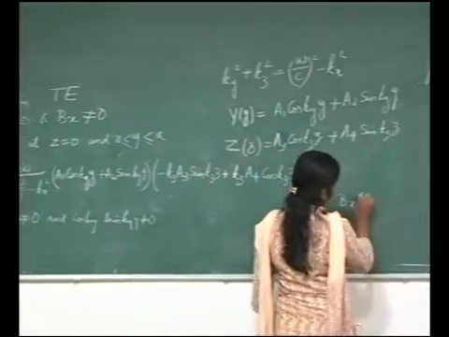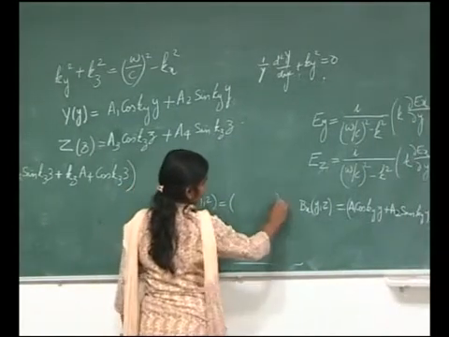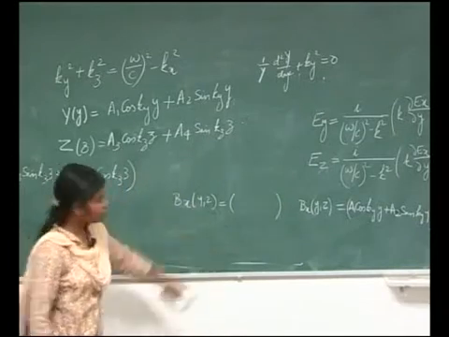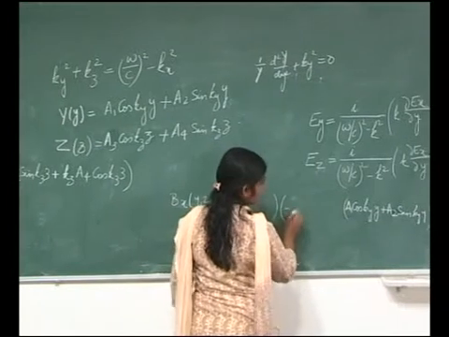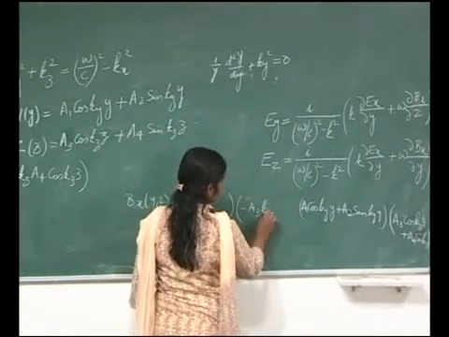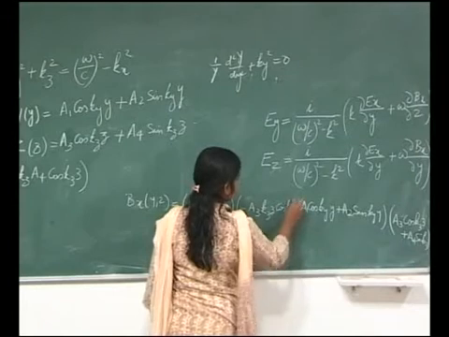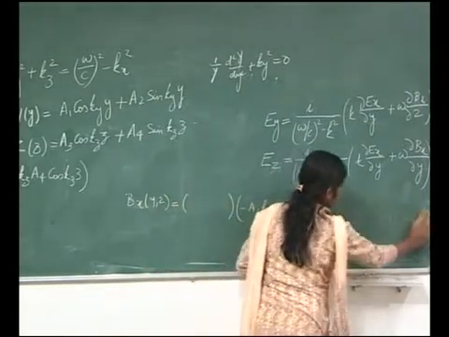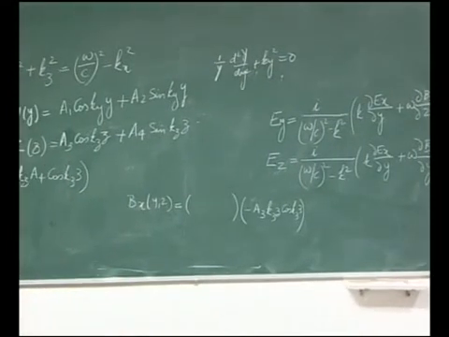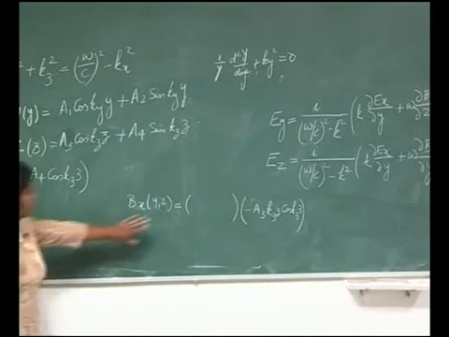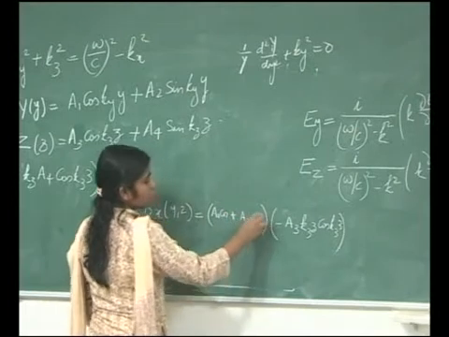I will write this temporary expression here. It will be Bxyz is equal to the first bracket as it is, into minus a3 kz into cos kz z. So now this expression goes off. Now this is my Bz, and the first term will have all the y components. a1 and a2 components are still there: a1 cos plus a2 sin components are still there.